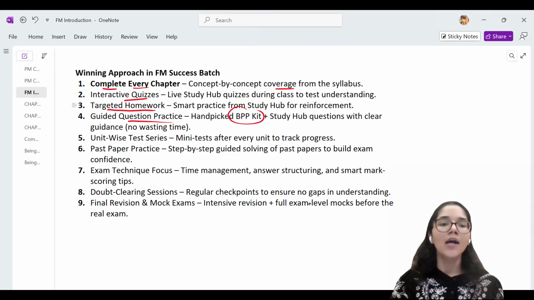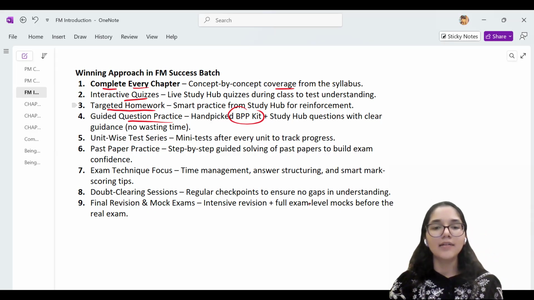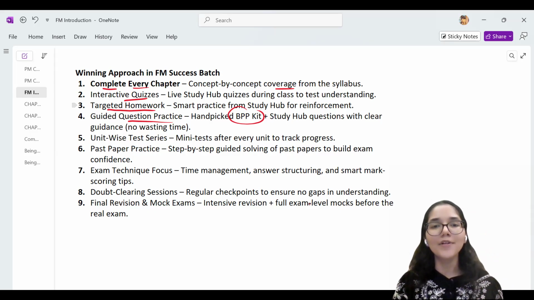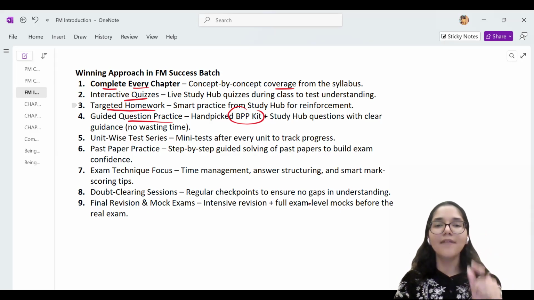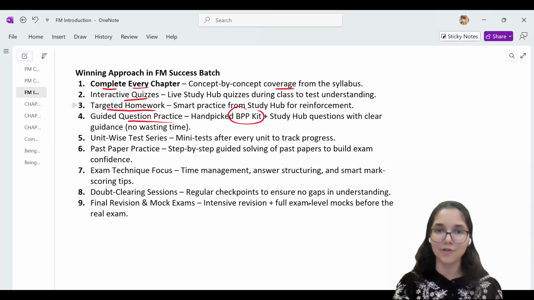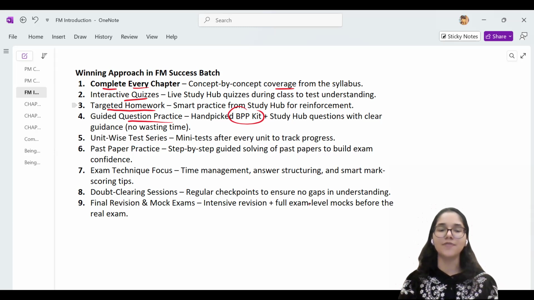Then the next thing in store for you is the unit-wise test series, which is also the Being ACCA test series. What happens here is your syllabus has been divided into different units, as we've just seen above. So as and when one unit of the syllabus is done, you will be given the test for that particular unit. The dates are going to be shared with you in advance. After today's session, I'll share the dates of all of the tests with you.